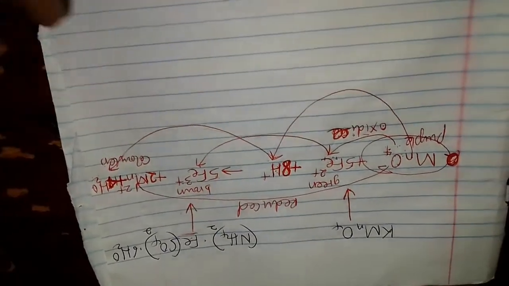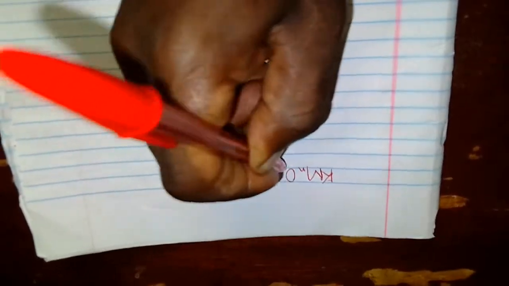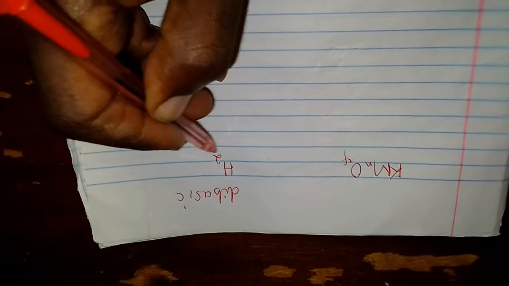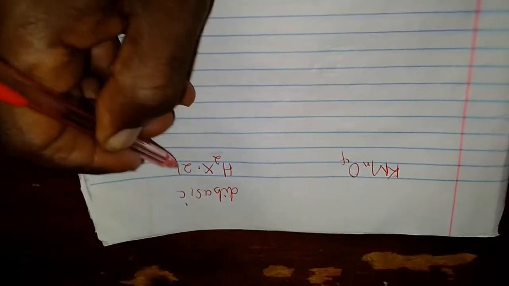Now, I'm assuming I'm using the same oxidizing agent, that is scheme 4, and a dibasic acid. Dibasic acid means an acid with 2 hydrogen atoms. Di means 2. Dibasic acid. So with an X here with 2 molecules of water of crystallization. Then I'm trying to assume that in this case, for my work to be easier as far as the calculations are concerned,